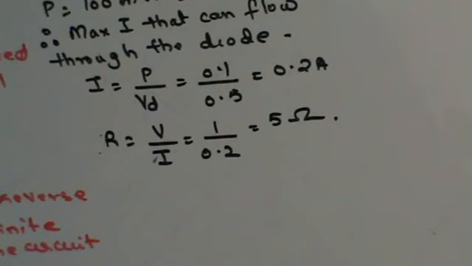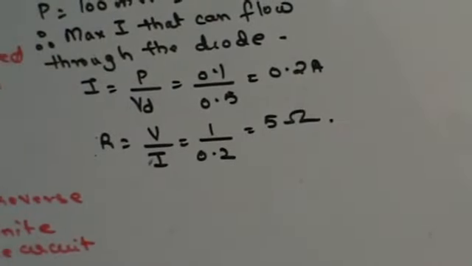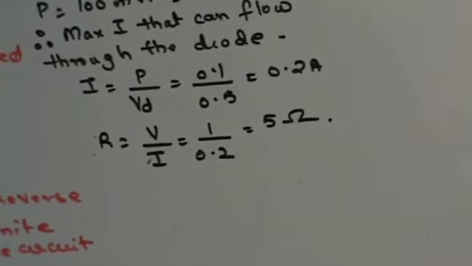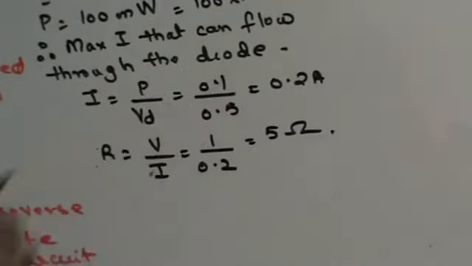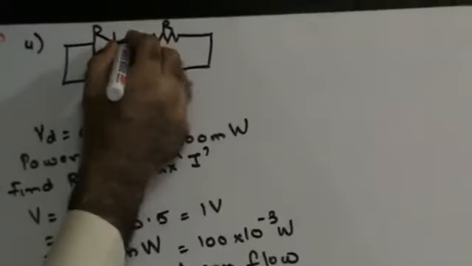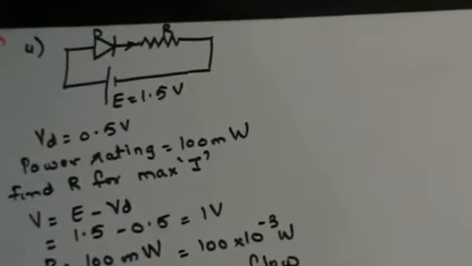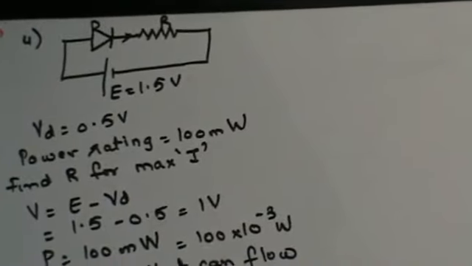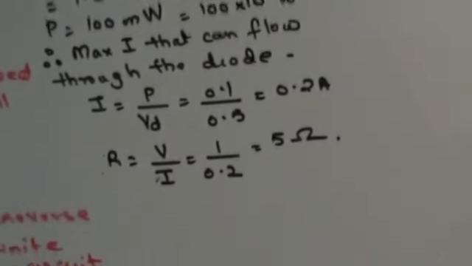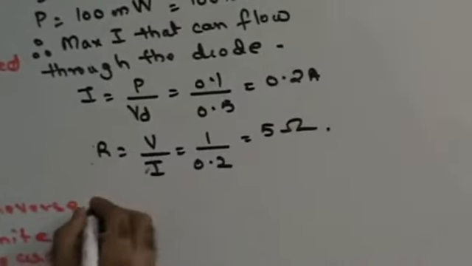Fine, do we get this thing clear? You found out the potential drop across the external resistance. You found out the maximum current that can flow through the diode. Maximum current flowing through the diode is power of the diode divided by the potential drop across the diode. That's the current that comes out from the diode. That's the same current that will flow through the external resistance, so it is going to be 0.2. I know the potential drop, so I should be able to find out the resistance. Next,